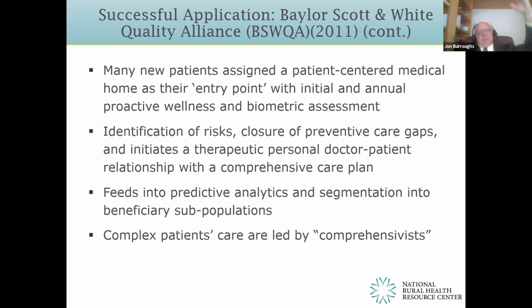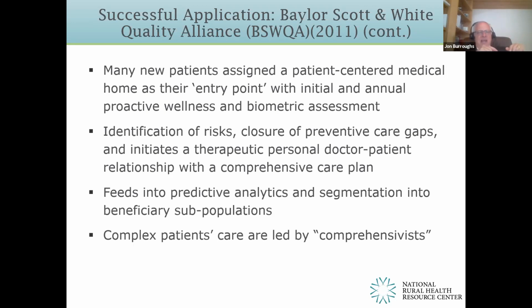These are the people with a problem list that's 20 long. Okay, they have diabetes, they have hypertension, they have renal insufficiency, they have hepatic insufficiency, they have atrial fibrillation, they have morbid obesity, they have drinking, smoking. It goes on. It's like our John Doe example back there. And you want a comprehensivist, because what they can do is they can help the group to prioritize within the 25 problems, et cetera.